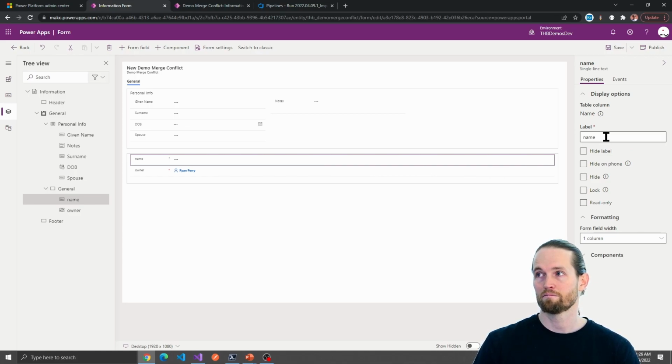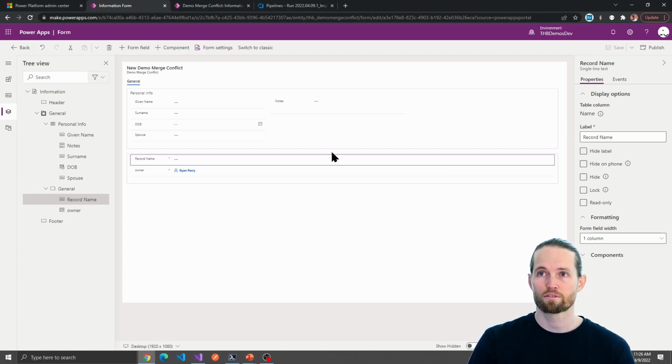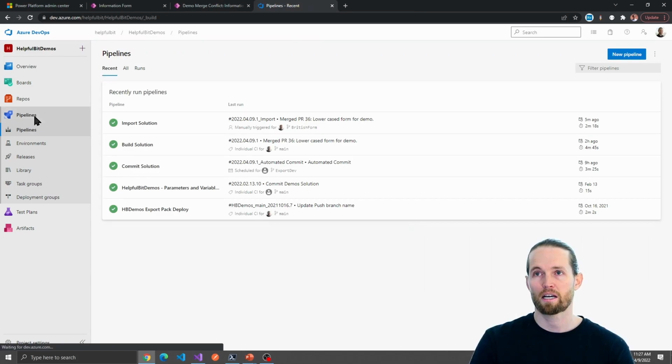And record name, etc. Okay? So for them, they use the usual tools that they're used to, they love, they're comfortable with, and when it is time for them to commit their stuff back to source control, they're going to come back into the pipelines again,